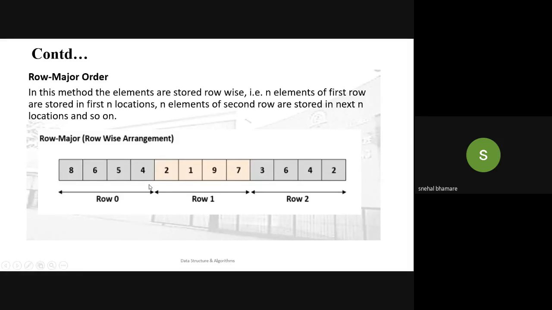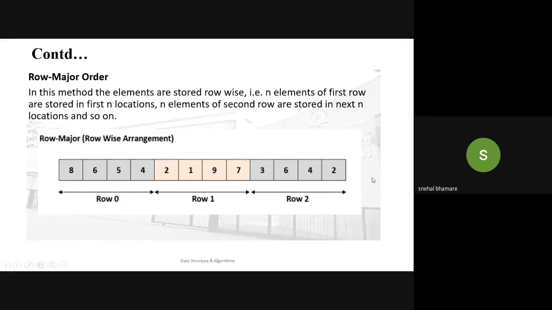So this is nothing but a row major order for storing the elements. Got it? How do we store the elements in the memory location? Diagrammatically, it looks like a single dimensional array is used to store the elements, but we cannot say that a single dimensional array is continuous; it is nothing but a continuous block of memory that is used to store the elements. Only depending upon whether it is row major or column major, the elements are stored.